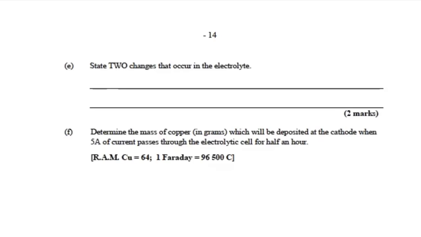For part E, we're to state 2 changes that occur in the electrolyte. For us to really appreciate the changes occurring in the electrolyte, we have to go back to the ions that are present. We're electrolyzing copper-2 sulfate, so we have aqueous CuSO4, and we deliberately write this part in blue. And from the water, we have H plus